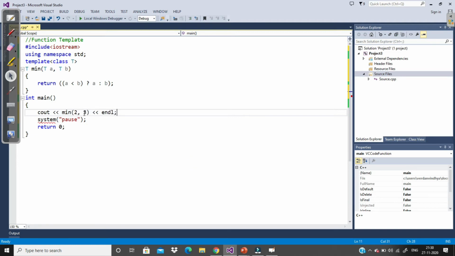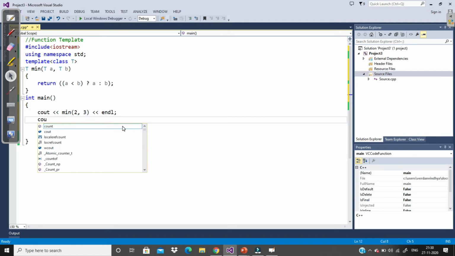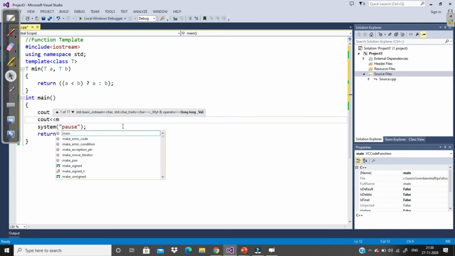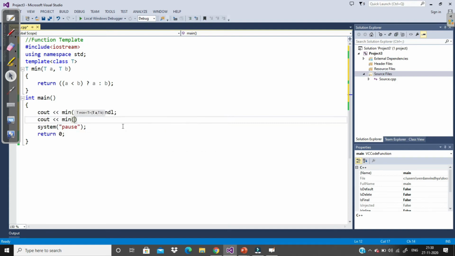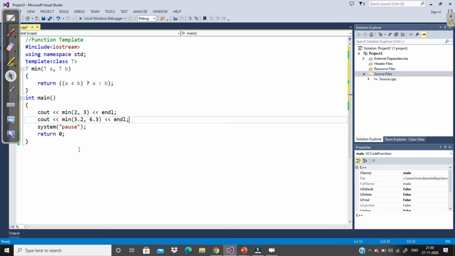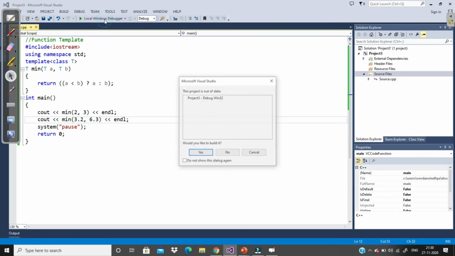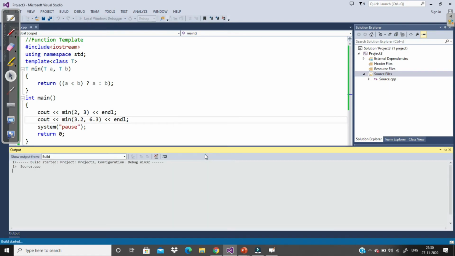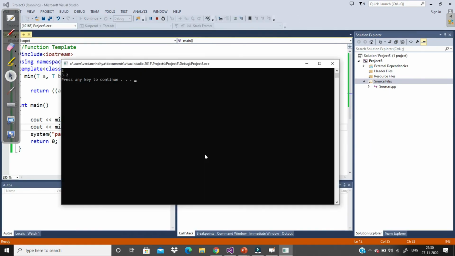At this time T becomes integer. When the compiler sees the call to min, T becomes type integer. Next time when I call it on two variables of type decimal number or floating point, then T becomes float. So this is a kind of template. Now let's run it. For the first call it should return 2 and for the second call it should return 3.2.